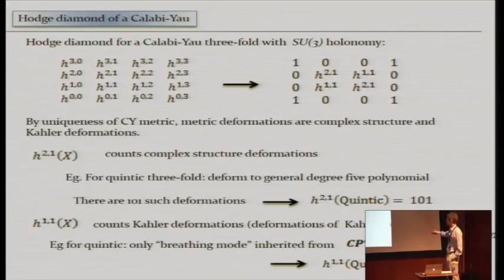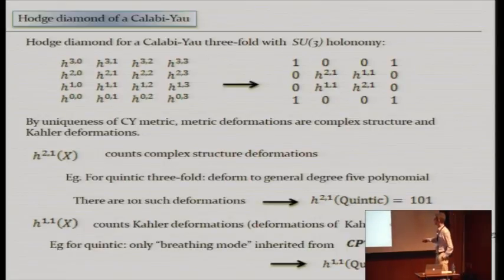Okay, the other thing you can do is not deform the complex structure, but deform the Kähler class. So how can we deform the Kähler class of a quintic? Well, remember that the quintic sits inside CP^4. Okay, so the CP^4 is a breathing mode. You can blow up the size of CP^4, and I don't change the equation of the quintic by doing that, so the complex structure is still exactly the same. So that's a Kähler mode. Right? In fact, it's just a deformation of the Kähler metric which preserves type, right? Because it's just rescaling the Kähler metric by a factor of t.